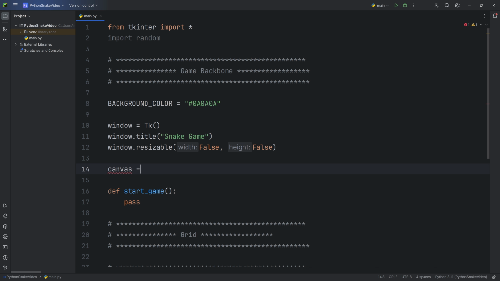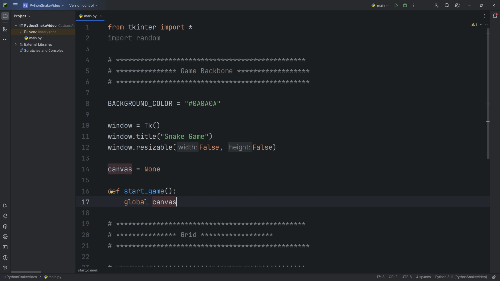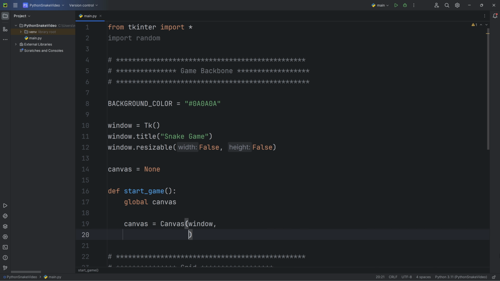And create an empty canvas variable. canvas equals None. Now inside the start_game function, let's create a new canvas. Global canvas to modify the outside variable. canvas equals Canvas(window). Set the background color, bg equals BACKGROUND_COLOR.